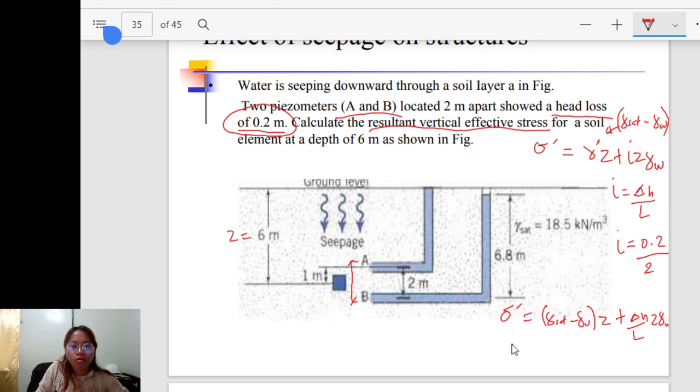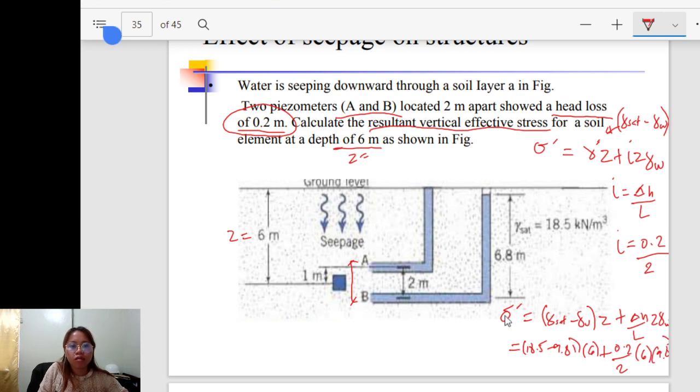If you substitute, the gamma sat is given as 18.5 minus 9.81 times Z, because we are calculating for a soil element at a depth of 6 meters, meaning this is the Z. So times 6 plus delta H over L, that is 0.2 over 2, times 6 meters at the Z, times